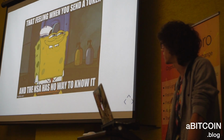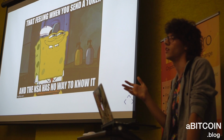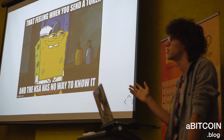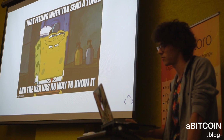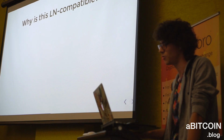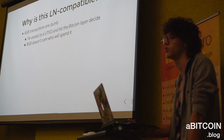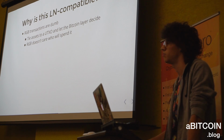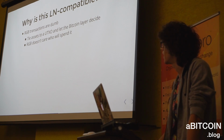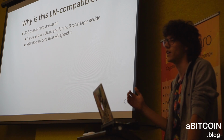And we also get this really cool thing: an observer cannot even know that this is an RGB transaction. They just see a basic generic transaction going on, pay to public key hash, and that's it. And why is this Lightning Network compatible? Basically because RGB transactions are kind of dumb. They don't have a scripting language or anything. They just tie assets to a Bitcoin UTXO,